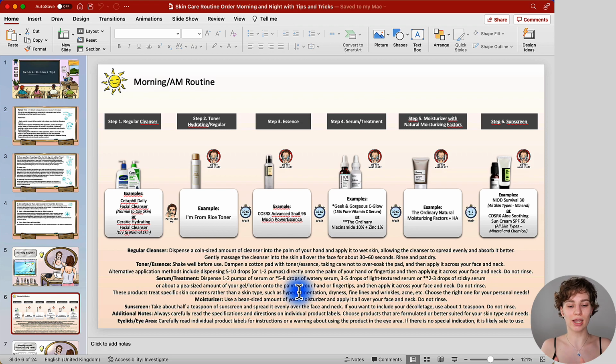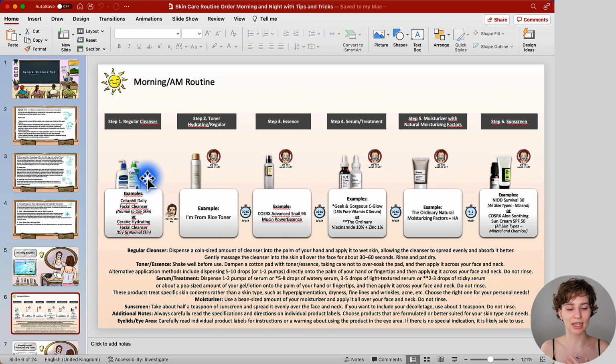So right away, I want to say that the most important steps in your morning skincare routine are the cleansing step, as well as your sunscreen. All the steps in between are optional. So please, if you can, narrow it down as much as you can. The simpler and shorter you can keep your routine, the more focused it is towards your skin concerns, the better. This way you're going to, first of all, save money. Second of all, you're less likely to come across any issues. So we are starting off with the first step, which is washing your face.